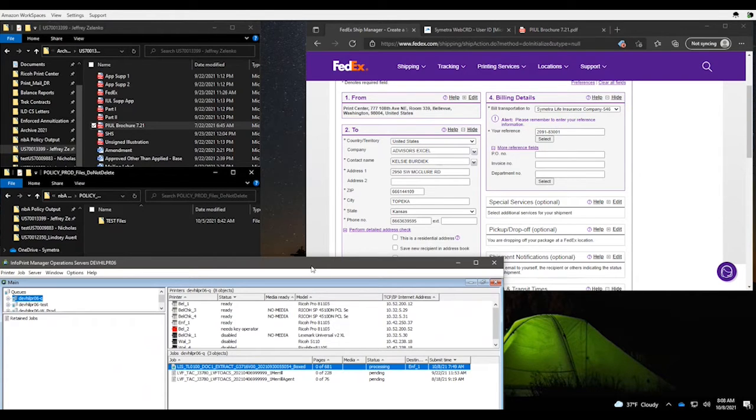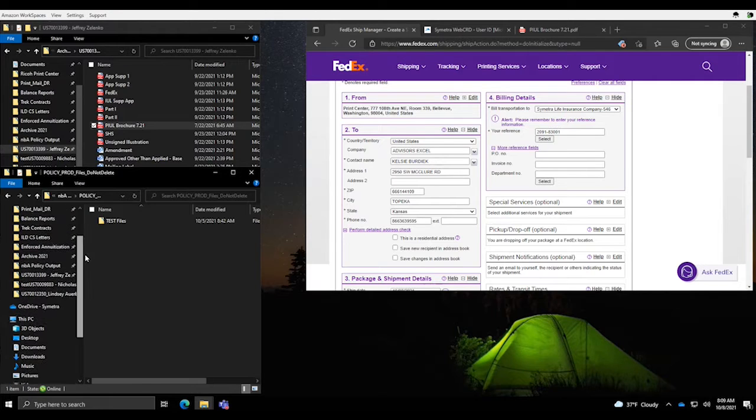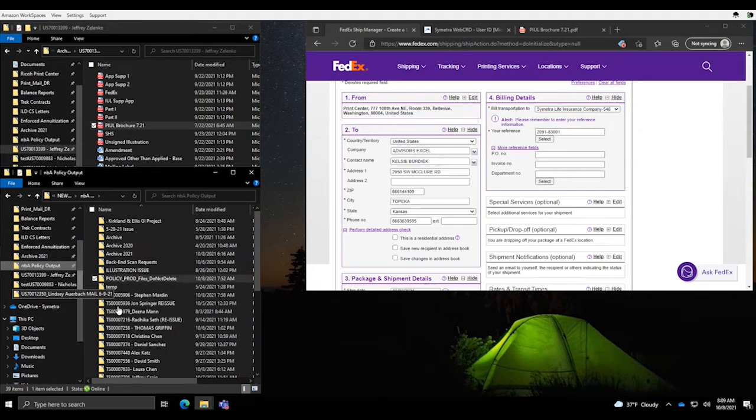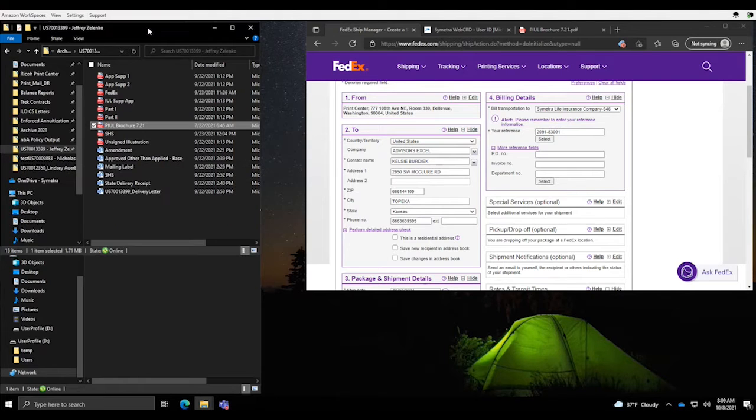So I'm going to leave this open down here on the bottom so we can check on it occasionally, to make sure it's working. Those files will split into this folder, which is located in the main NBA policy output folder where all of the policies are. It's this folder right here, policy prod files, do not delete. So once those files process, they will show up as individual policy files in this folder right here. So while that's processing, we can be setting up